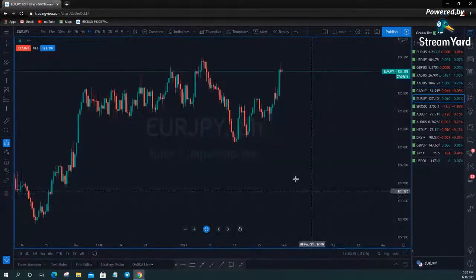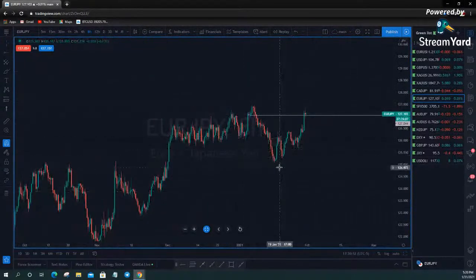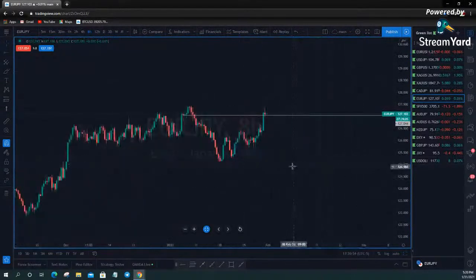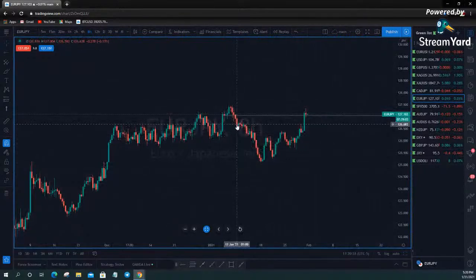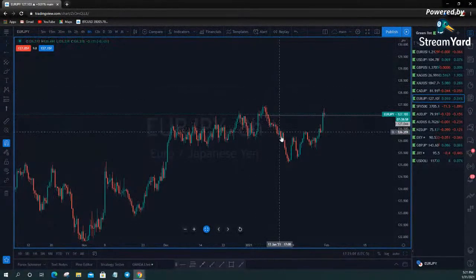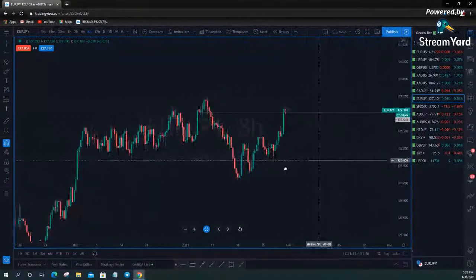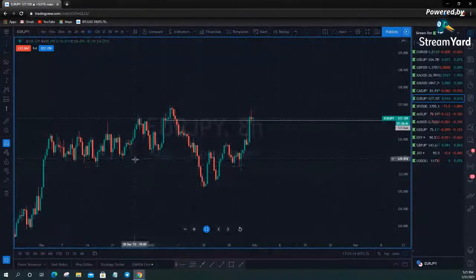Euro yen. Euro yen was weak. Euro yen made me look like a chump a couple weeks ago, because I was looking at this to hold as support and looking for it to run up higher. All right. And it just had a strong move out of there. We got rid of all these stops down here on this move, and then we consolidated a little bit, and now we are moving higher. So it simply looks to me like in this area, all these stops were bought up, and it's moving higher.